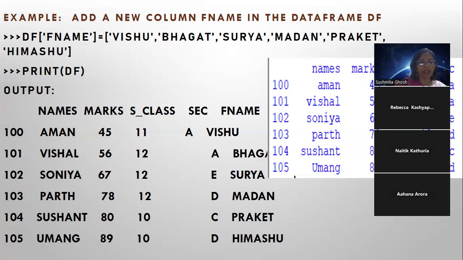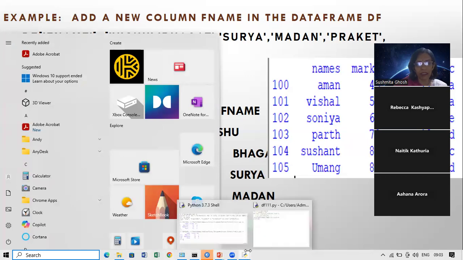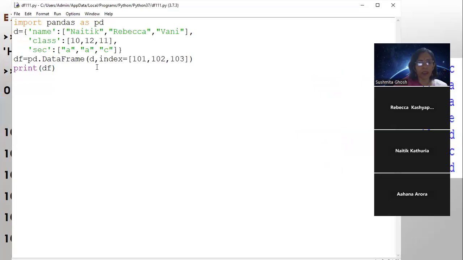Okay. So when we want to insert a column, what is the method? Let's do it there itself. Let's keep doing it together. If you have your machine, you can have it done simultaneously. At least you will do it once. That will be easier. Okay. So I'm back to my code. My data frame is ready. Now I want to insert